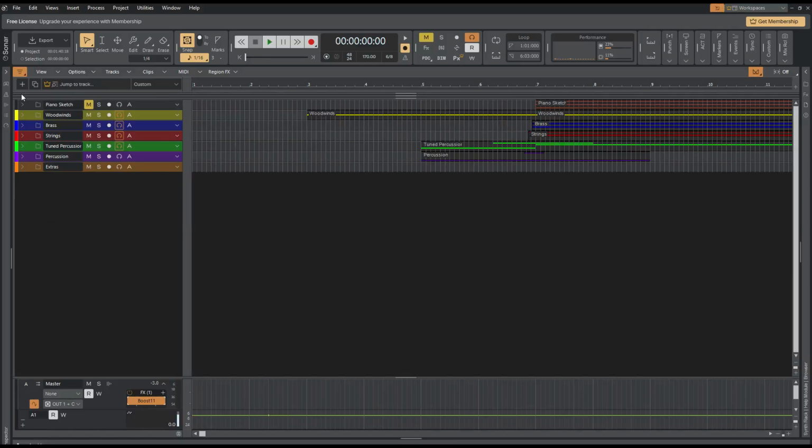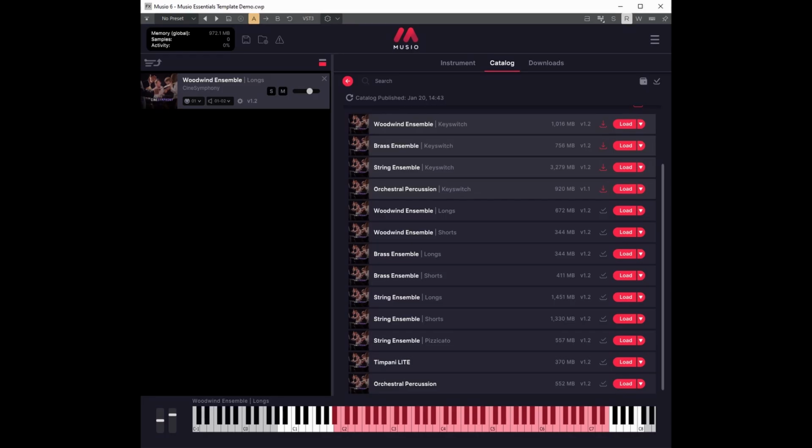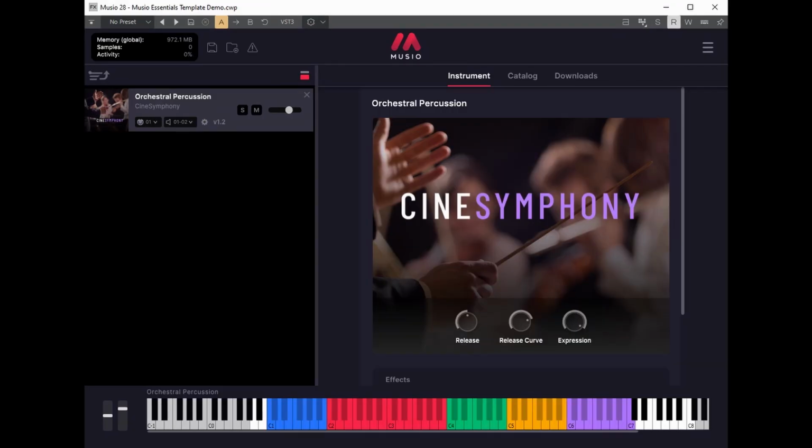And before I go through the orchestral sections, let's look at the instruments included in CineSymphony Lite. As you can see, I don't use the key switch patches at all. For woodwinds, there's longs and shorts. For brass, there's longs and shorts. For strings, there's longs, shorts, and pizzicato. There's a dedicated timpani patch, and there's an orchestral percussion patch that has tubular bells you'll see in the blue